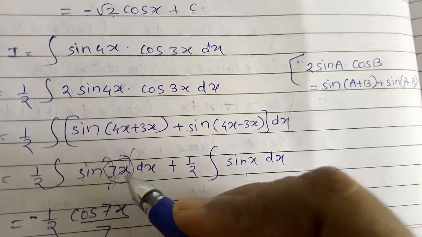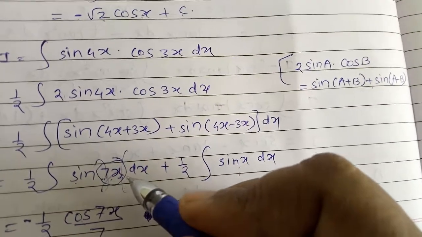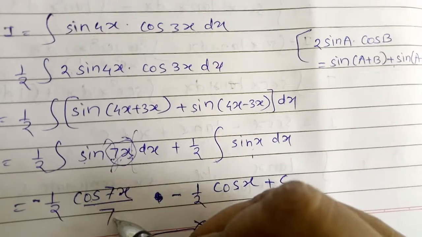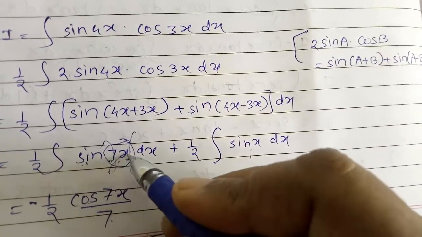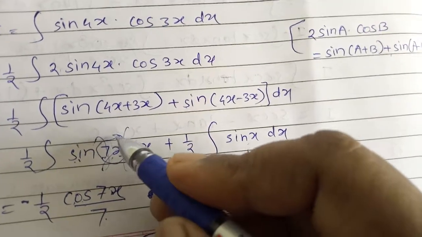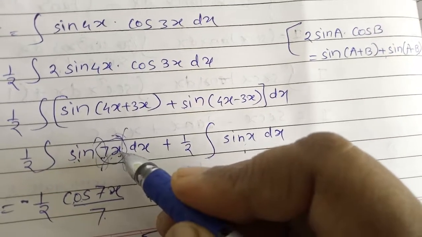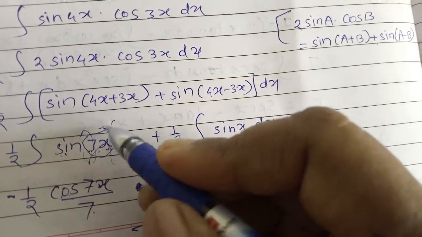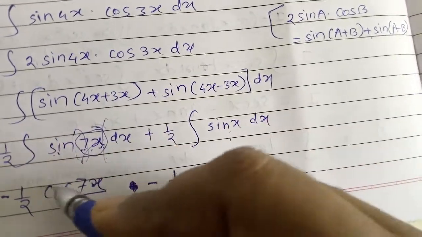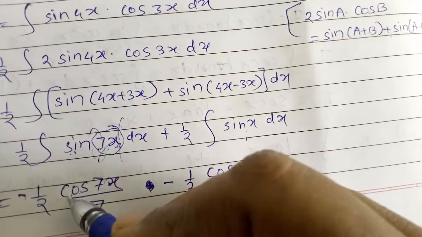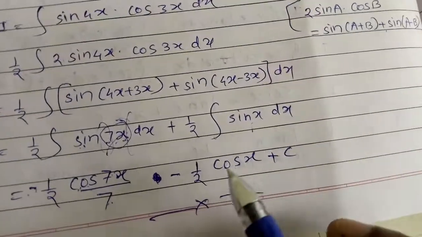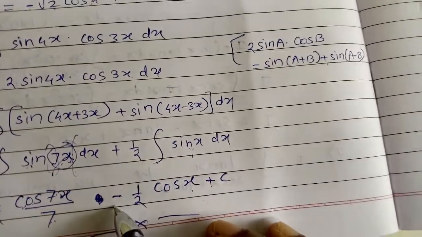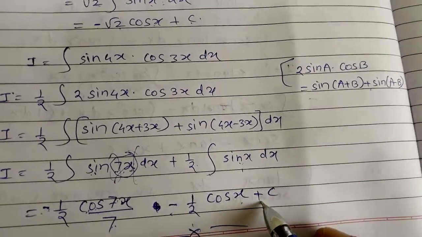The derivative of 7x is 7, but in derivative we multiply by the 7, whereas in integration we have to take the division. So we have to divide this quantity by 7. What did we do? We took the integration of sin, that is cos 7x, and we have to take the derivative of 7x, which is 7. In derivative we multiply, but in integration we have to divide this quantity by that number 7. And since the answer is in terms of cos, there is a minus sign. The integration of sin x is cos x, but it is minus cos x. So the sign will be minus, and this half is as it is, plus c.